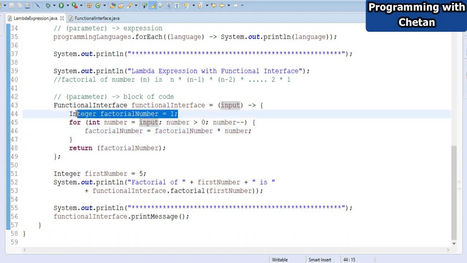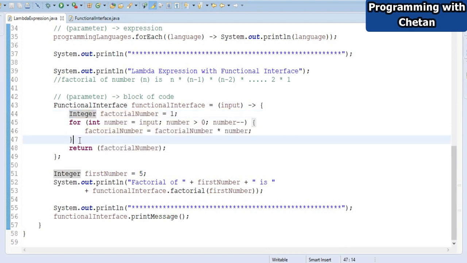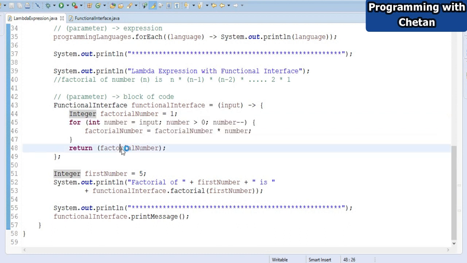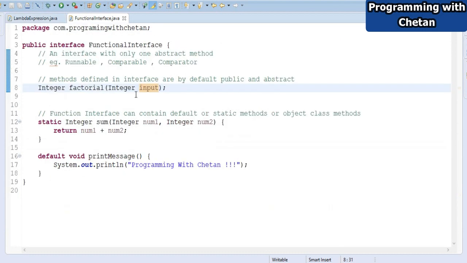Here I have declared a factorial number of type integer, and here we have written the logic to find the factorial of a number, and then we are returning the factorial number, which is of type integer. So our abstract method is accepting one input argument of type integer, and it is also returning a value of type integer.